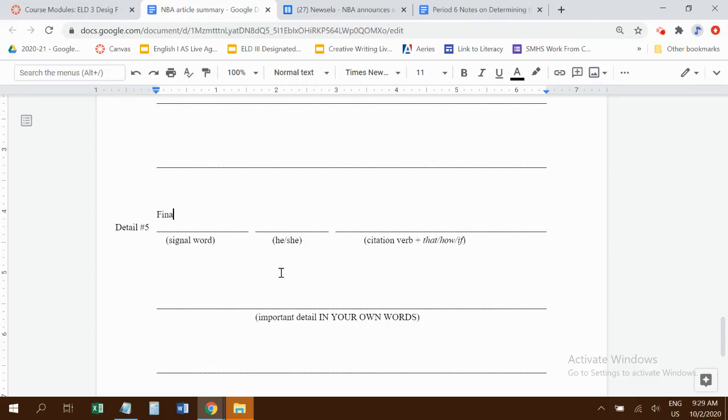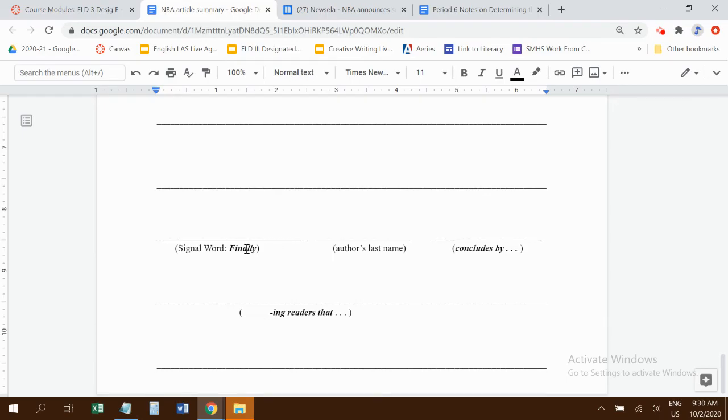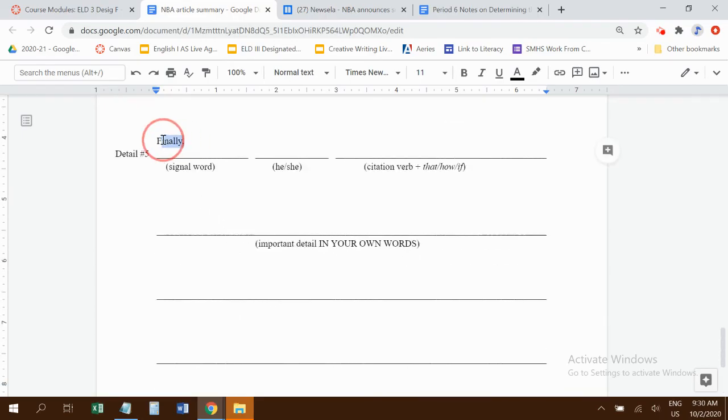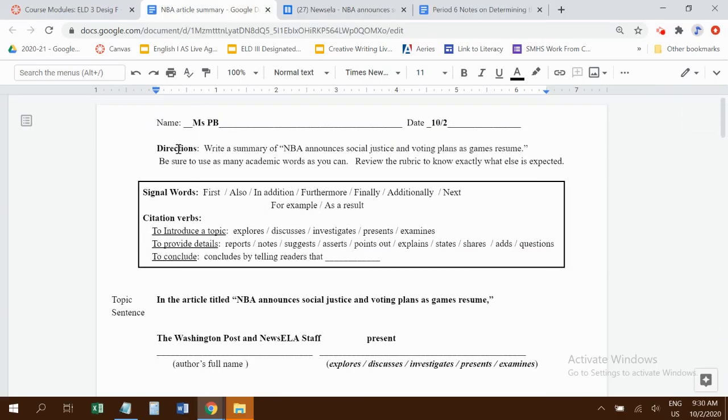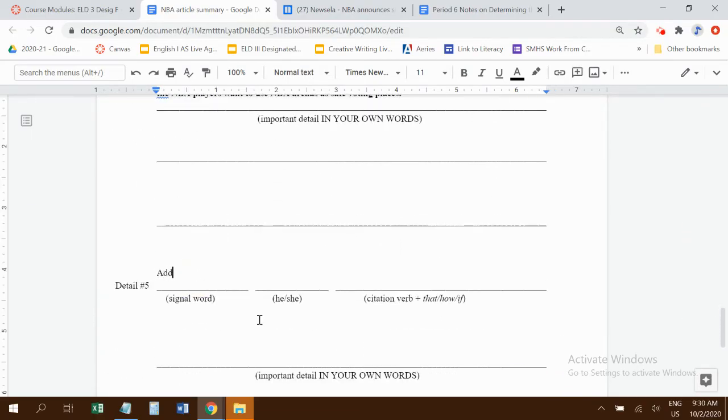I'm going to use a signal word finally, right? I think. Oh no, never mind. I have to use it here. Let's use a different signal word. Let's see, what is available? I'm going to use in addition now, or additionally. Let's use additionally. Additionally, and let's use the word notes for providing details. So additionally,